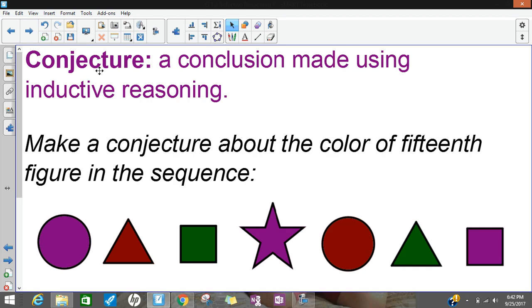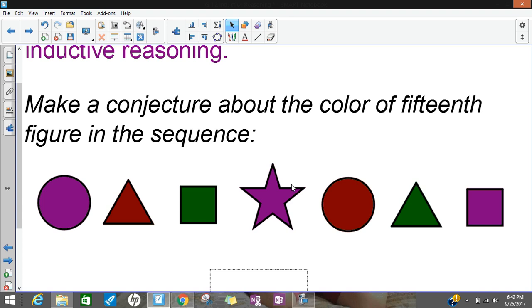So after we observe a pattern, we might be able to make a conjecture, which is really just drawing a conclusion based on inductive reasoning or based on the pattern that we observe. So here I have a pattern of shapes and colors, and I want to know the color of the 15th shape. So rather than draw the shapes and color them in until I get 15, I could observe this pattern and then I can make a conjecture, which means I can draw a conclusion about what the color of the